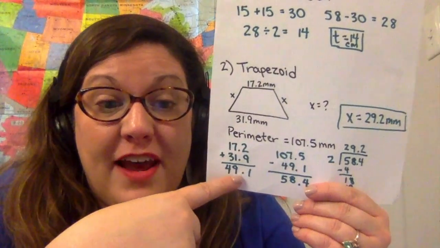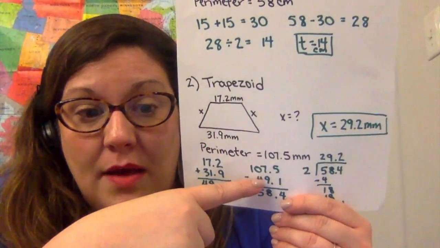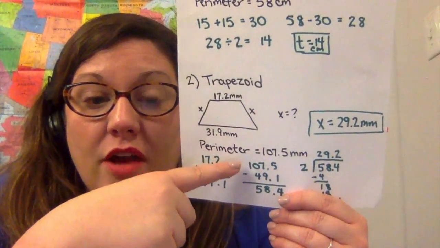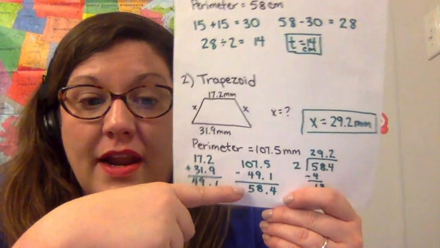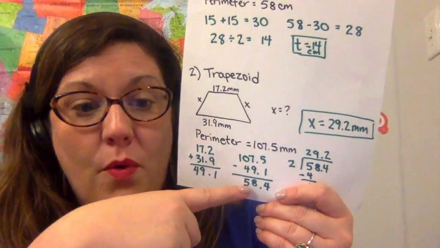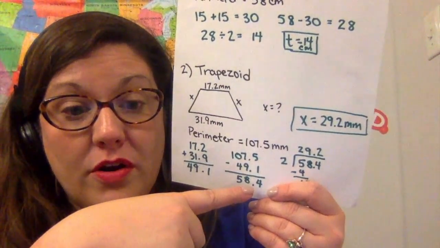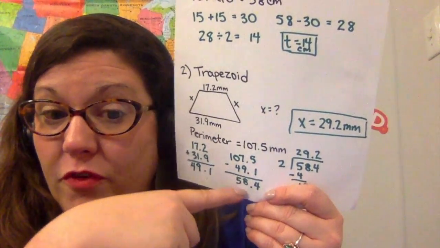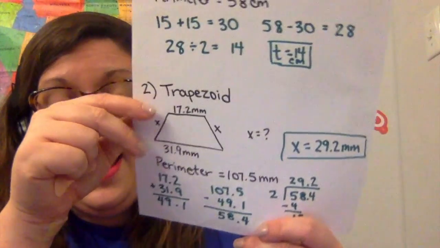Then, after I found out the sum of these two, I subtracted that sum from the total perimeter. So 107.5 minus 49.1 gave me 58.4 millimeters remaining. Third, if there's 58.4 millimeters remaining and I have two sides that are congruent, I have to